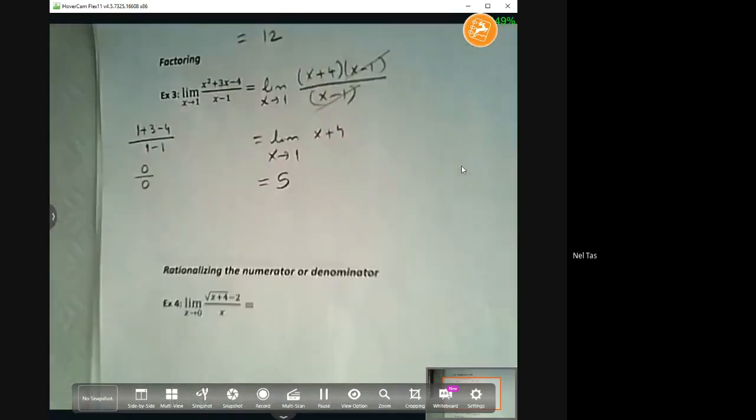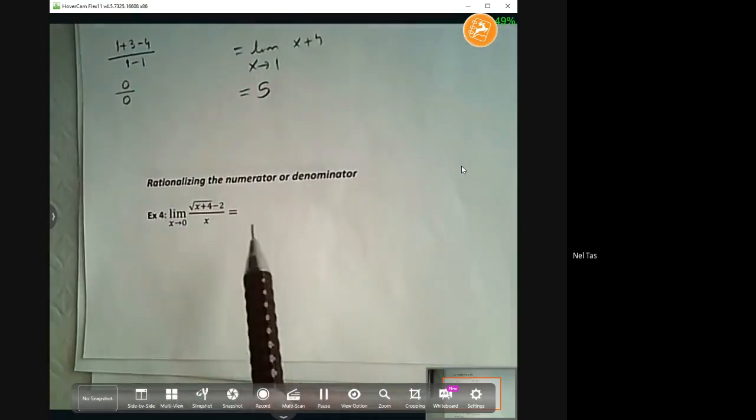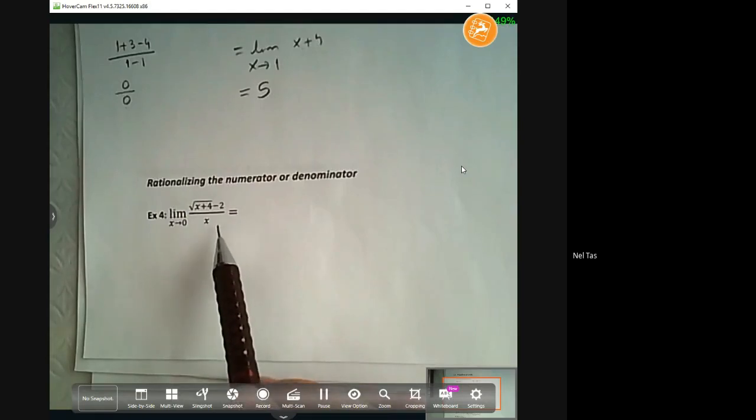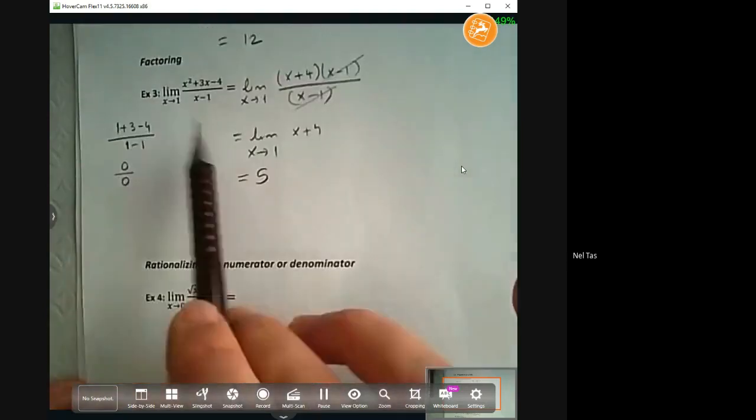Another method, rationalizing the numerator or denominator. That is the whole reason actually we did 1.1, to calculate the limit. So let's say you have, yes, the previous question,